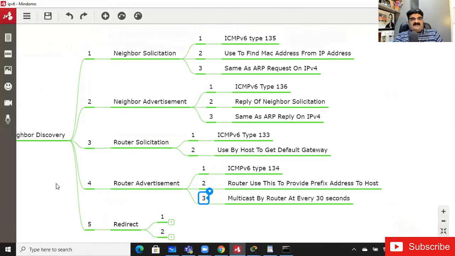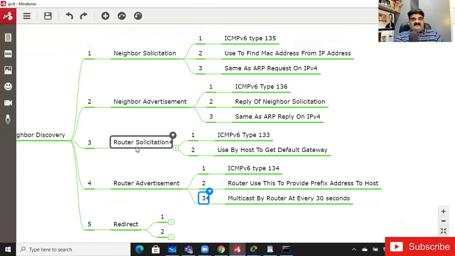I'm going to repeat this again. The neighbor solicitation message is used to get the MAC address of your neighbor. It is like an ARP request. The neighbor advertisement message is the reply: when you send a neighbor solicitation message, your neighbor gives you its MAC address using the neighbor advertisement message. With the router solicitation message, if you start your computer configured with auto configuration, your computer will send this router solicitation message to get a default gateway and the 64-bit network address.